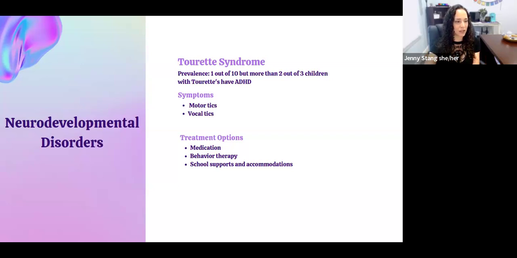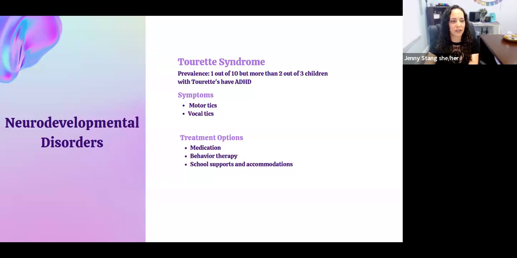They typically need treatment only if they're causing significant issues. Okay. We don't want to shame our kiddos. We don't want to make them feel weird or abnormal. If it's not really bothering them, if it's not causing a lot of disruption in class or what have you, you probably don't have to stress about treatment options. But if they are causing problems for them and the peers that they're around in class or what have you,